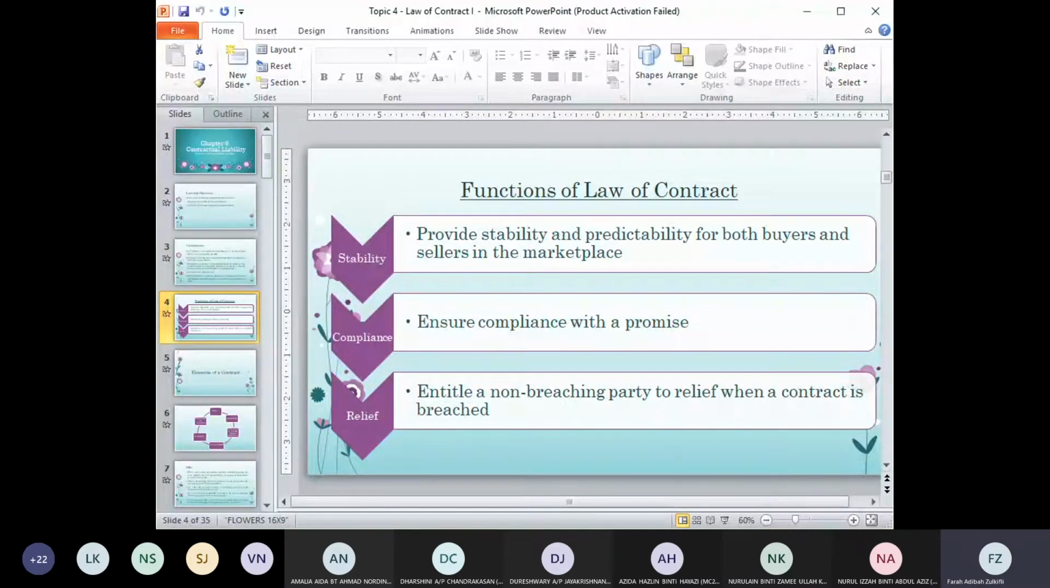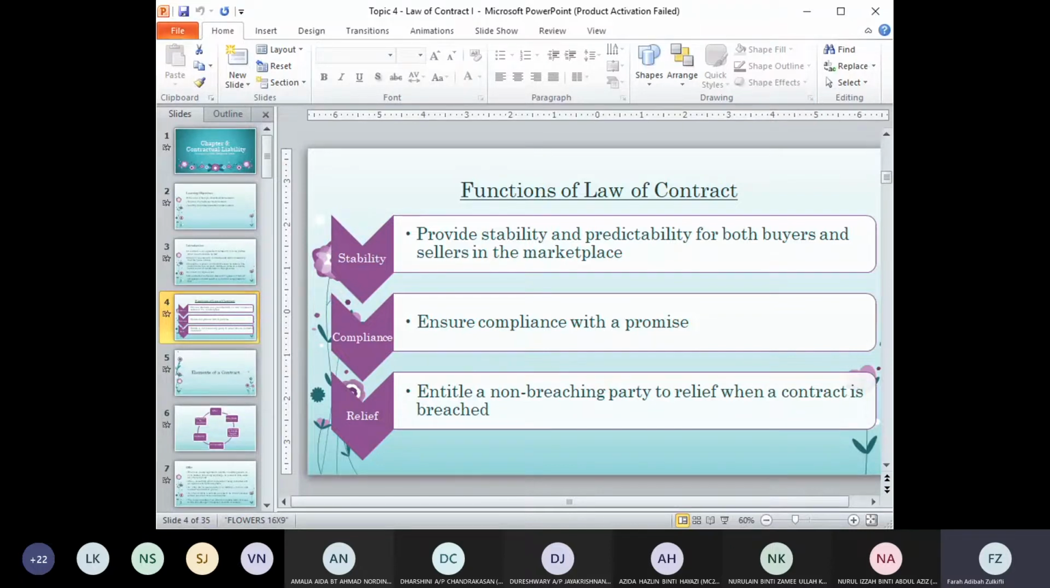So the functions of the law of contract, there are three functions of the law of contract. The first is to provide stability and predictability for both buyers and sellers in the marketplace. So when you have a law of contract, it provides some kind of stability. You know that when you go to the supermarket, whenever you take something from the aisles, and then you go to the cashier,